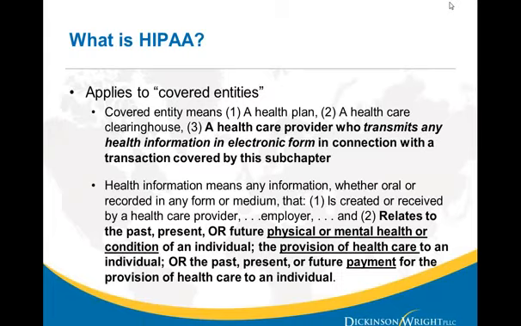HIPAA applies to covered entities. And what's a covered entity, Tatiana? A covered entity is, broadly speaking, a health plan, a healthcare clearinghouse, and for most companies, it's anybody who transmits healthcare information. So that definition encompasses just about everybody who touches healthcare-related information, even Google or Gmail, even though they are excluded under certain exceptions. So obviously it would include a doctor's office or a hospital, but it could also include anyone that writes software for the health IT industry.